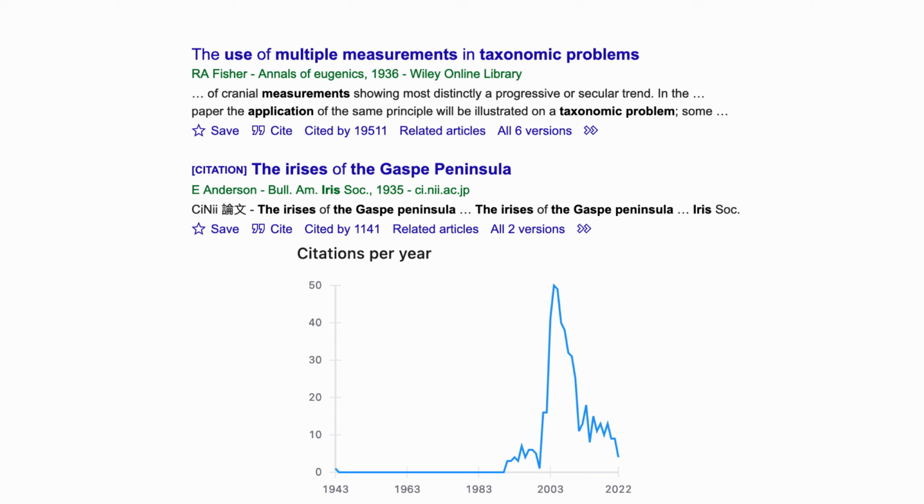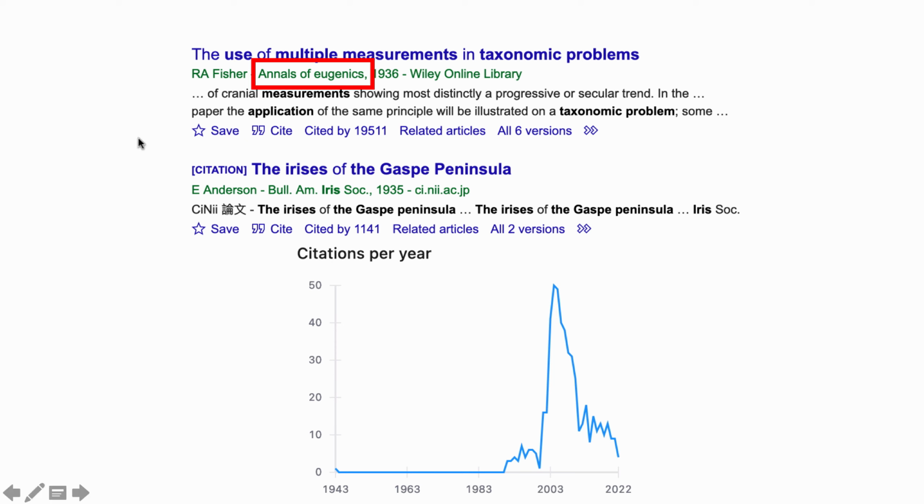However, in the last couple of years, there's been a huge fall in the number of people who use the iris dataset, and a lot of people have been calling publicly for the end of using the iris flower dataset. So in the next part of the video, I want to talk about why people do not want others to use that dataset anymore. And the main reason is where Ronald Fisher published this flower dataset.